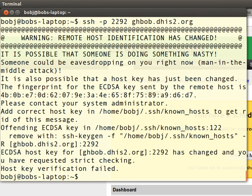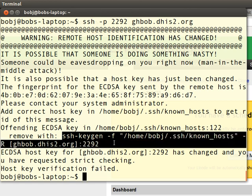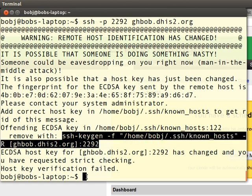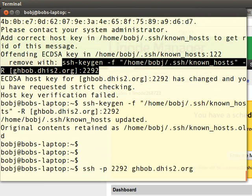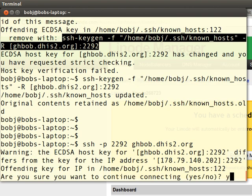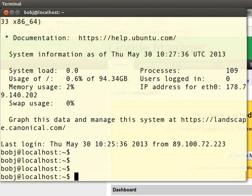Okay, that's just because I've been here before. And let's go. Hey, and we're in on this new port. That's great. Right, the very next thing I want to do is to just quickly configure a firewall, UFW,